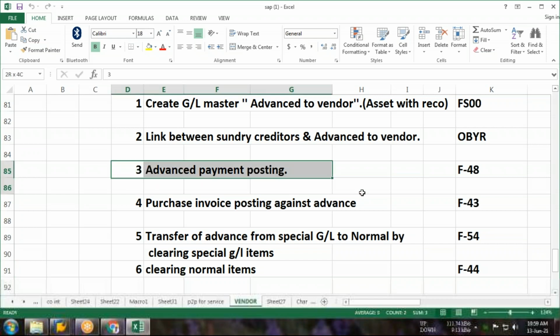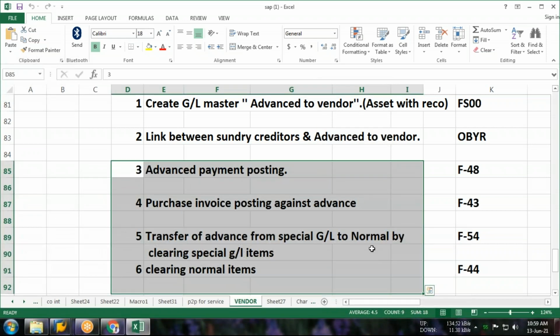These are the end user part, okay? Unit testing part. Steps 3, 4, 5, 6 will be your end user part. This is our end user part, okay? So first T code will be what, guys?